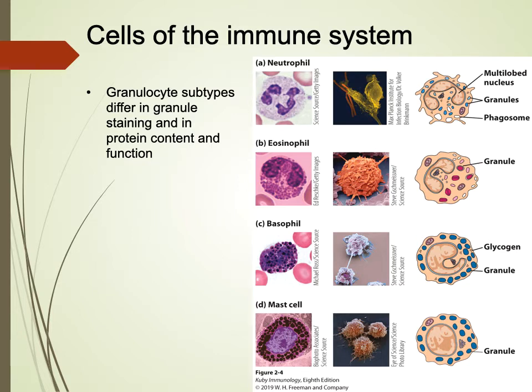So on the first column, you'll notice that the neutrophil doesn't have as much of the punctated staining. If you look at these freshly isolated, it's a little bit more pronounced, but the granules tend to be smaller, so it's a little more difficult to see. The staining that's used is usually a Wright stain,